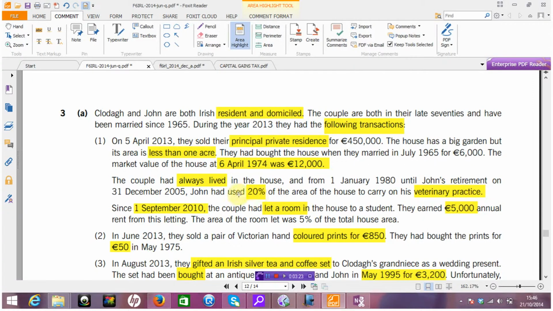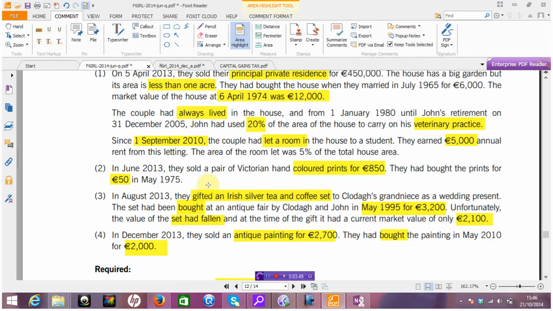Okay. Next point they give us here, really some income details in relation to a room that's been let to a student, and it's a pretty straightforward rule there. We know that income would be subject to income tax. I guess it's just a question whether or not this particular piece of income impacts upon our PPR relief or not. Now the next few points, 2, 3, and 4, really all relate to rules in relation to chattels